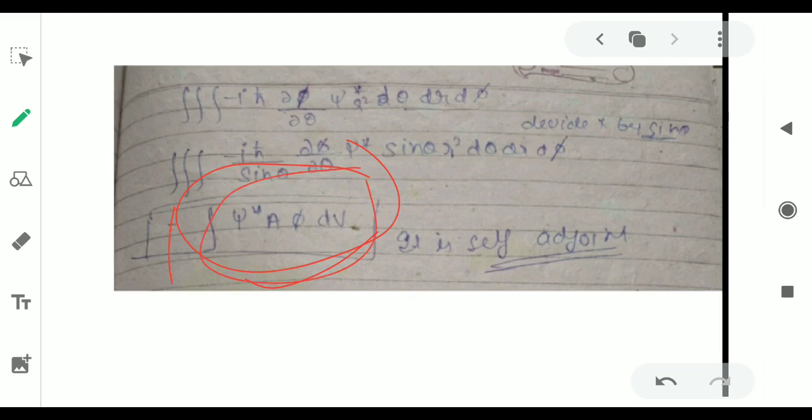So this is your question solution of 2012 June, and now we will take the 2012 December question in the next